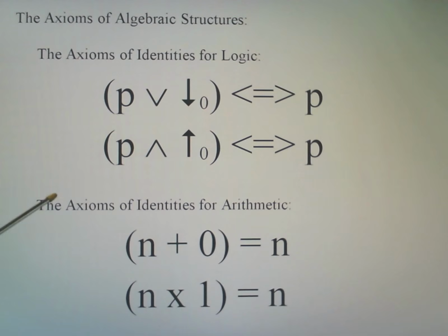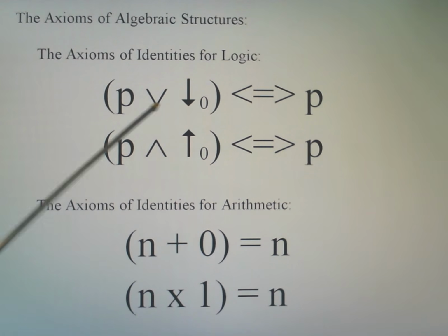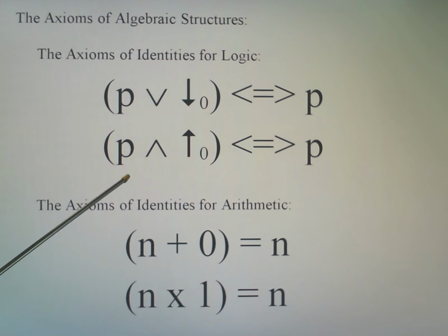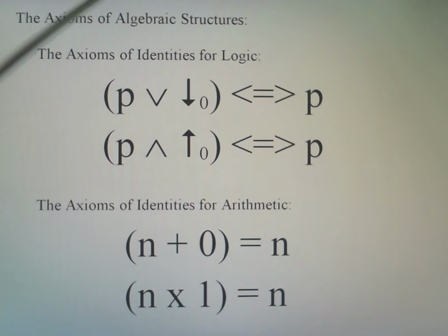Similarly for AND, since we require two truths here in order to be true, and this is always true, if P is true, the whole expression will be true, and so the value of the whole expression is equal to the value of P. If P is false, of course, that will make the whole AND statement false, and so again, the value of the expression is the value of P. And so we see that without fail, necessarily, which is of course what the equal symbol stands for, the value of P or a contradiction is equivalent to P, and the value of P and a tautology is equivalent to P, as with the arithmetic identity elements.